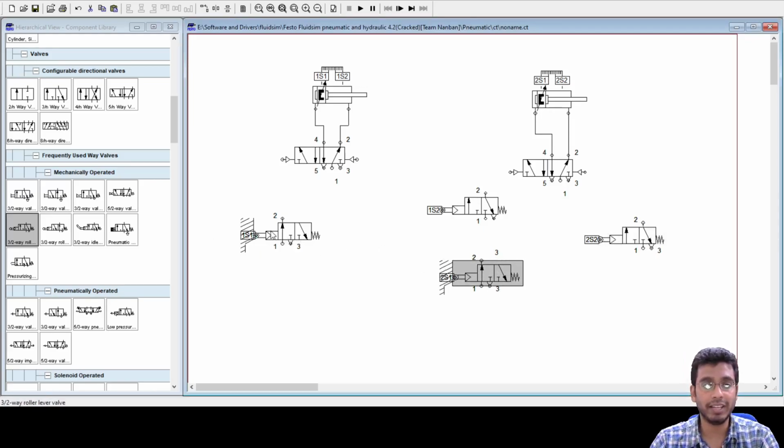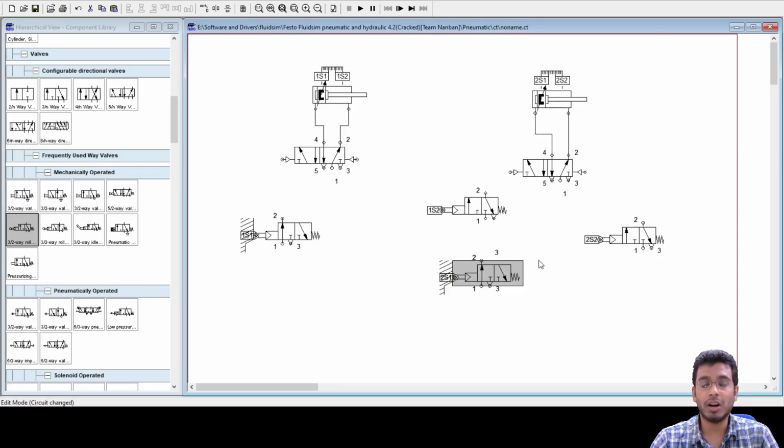So you have 1S1, 1S2, 2S1 and 2S2. Now again, you have to do all the signal processing and control these 5/2 valves such that your desired functionality is met.